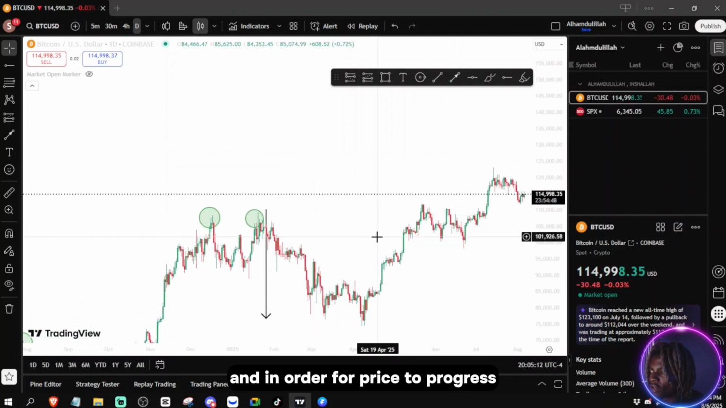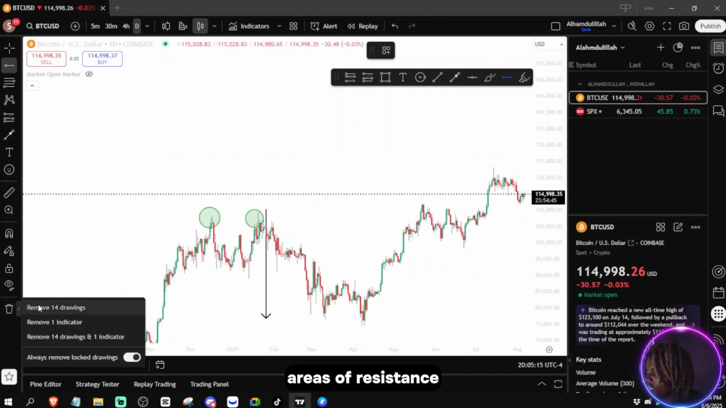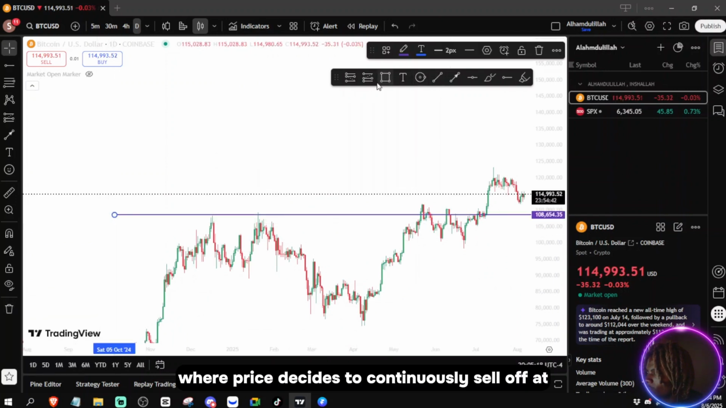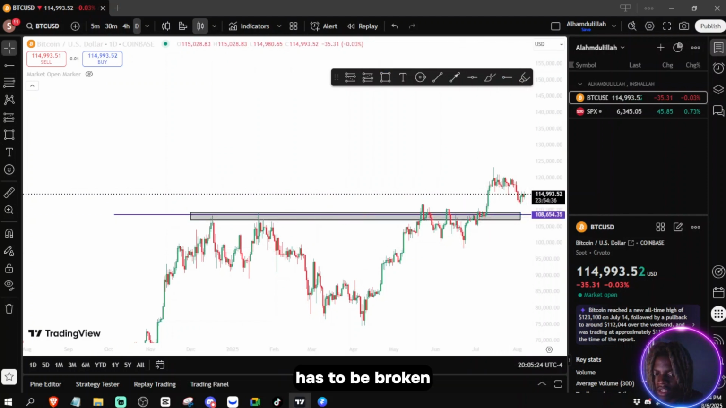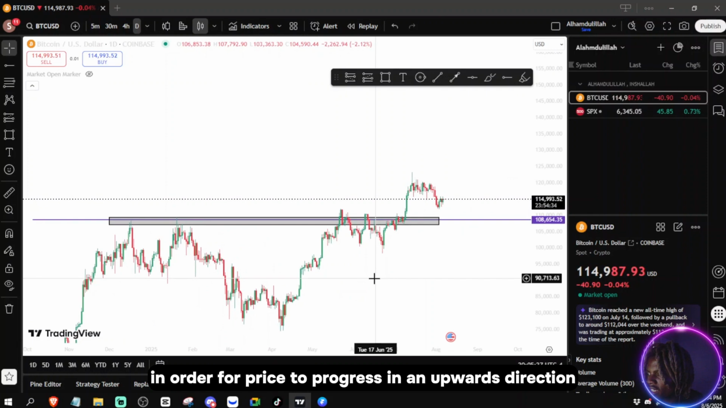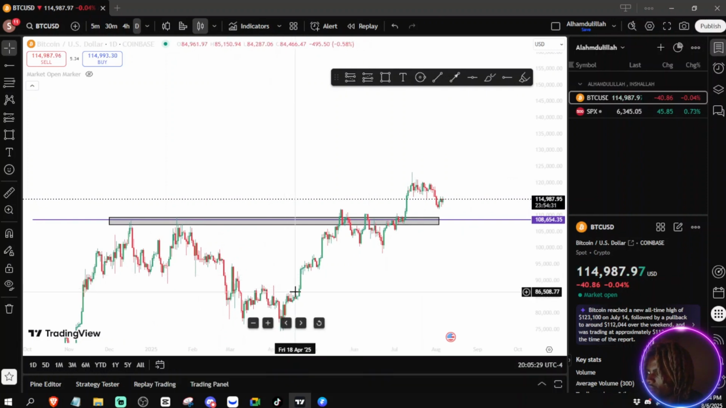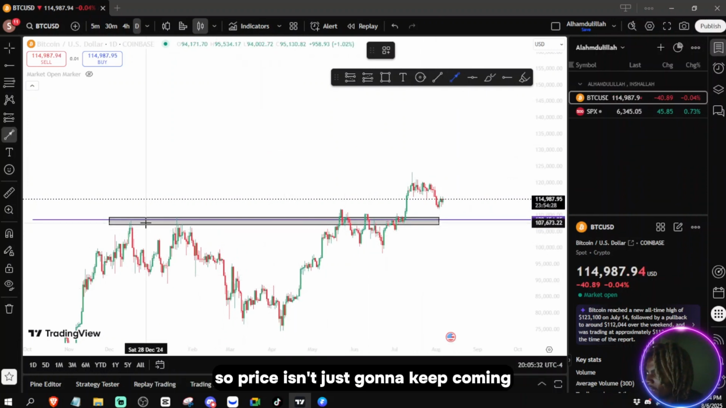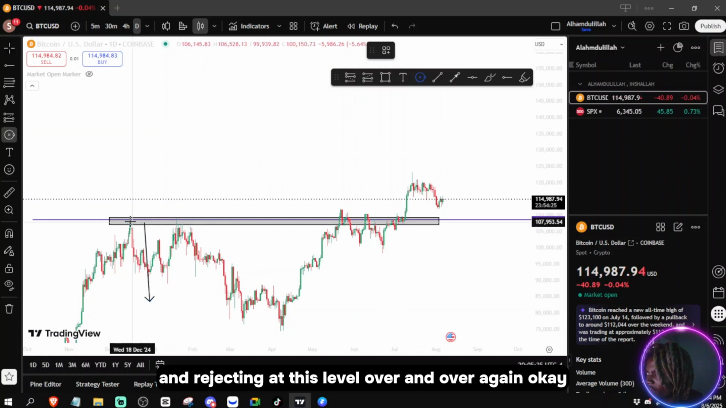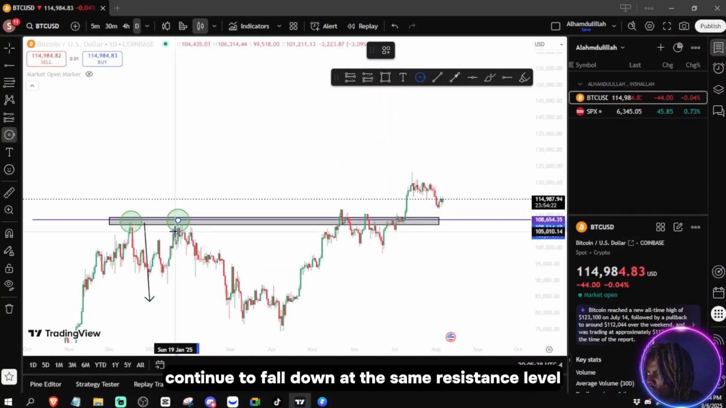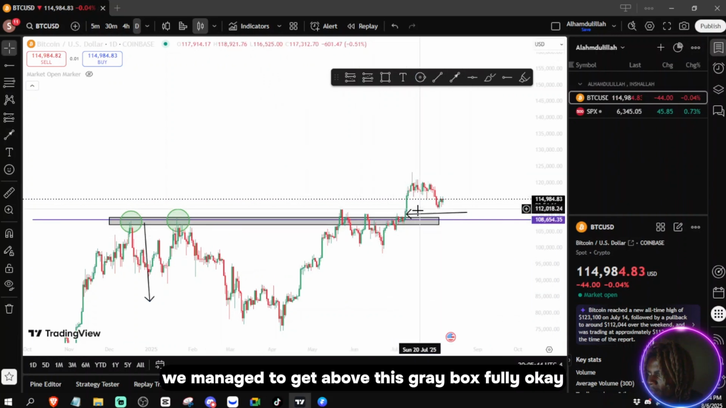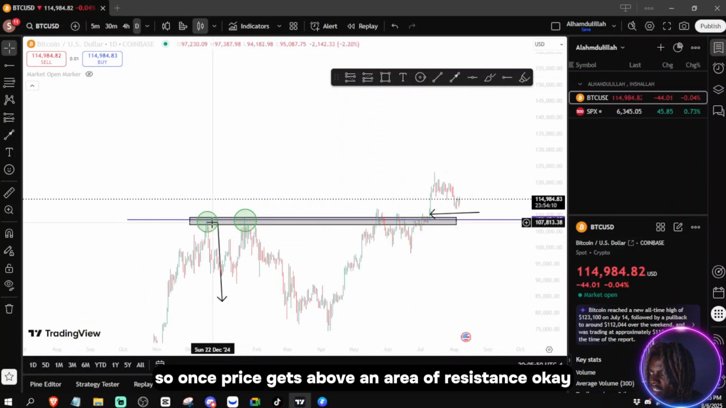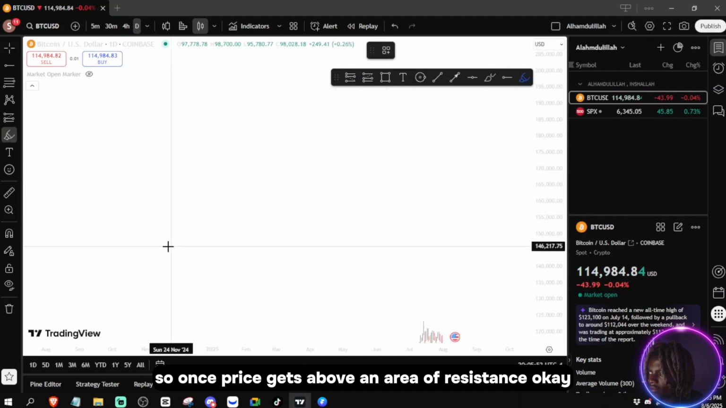And in order for price to progress, areas of resistance where price decides to continuously sell off have to be broken in order for price to progress in an upwards direction. So price isn't just going to keep coming and rejecting at this level over and over again. Price will not continue to fall down at the same resistance level over and over again. As we can see over here, we managed to get above this gray box fully. So once price gets above an area of resistance,